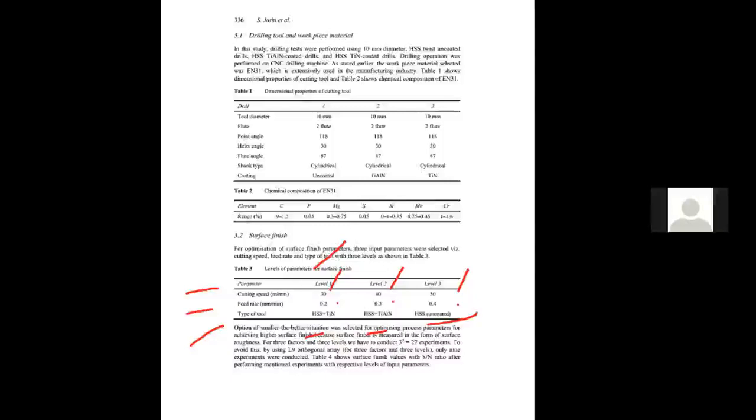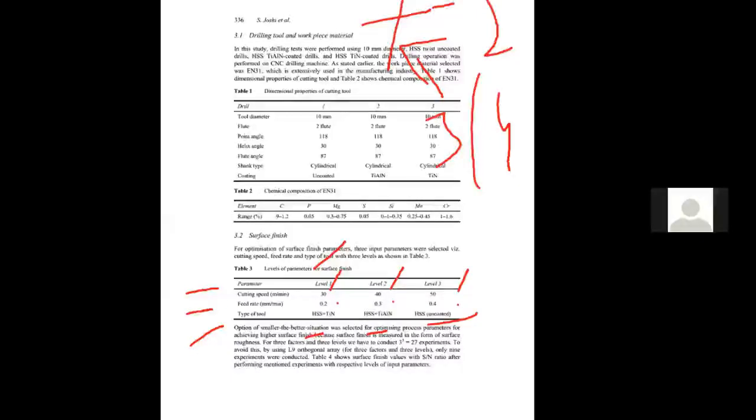Again, you can add one more factor also. Suppose I want to add the amount of coolant, you can add that. Here you can add the number of particular persons A, B, C. It depends. Initially I was having around seven factors, but I cannot take all seven factors for the particular research. So initially I will write all the input parameters, all those seven parameters, and only two levels, not three levels, and I will do a simple experiment. Then I will come to know which factor is not important, and I will minimize the factors. When these seven factors become three or four, you can increase the number of levels.